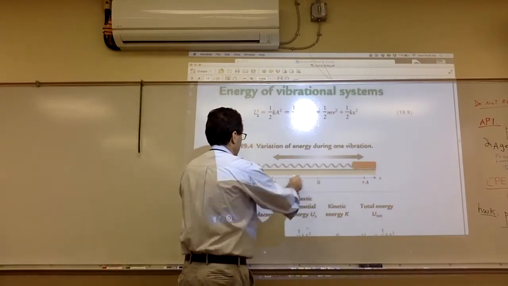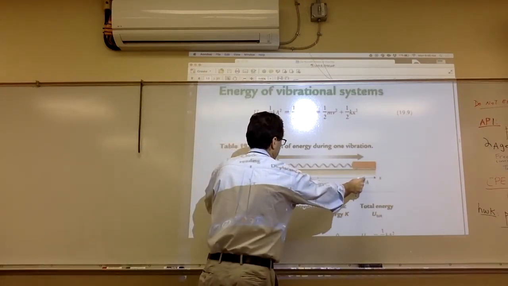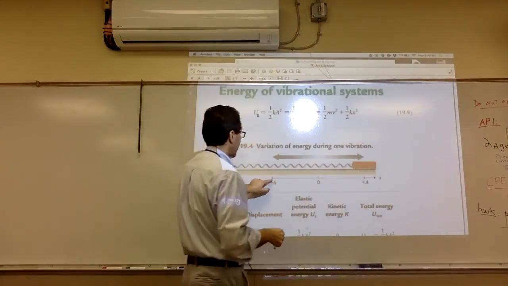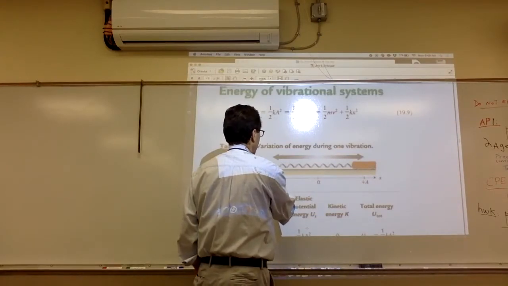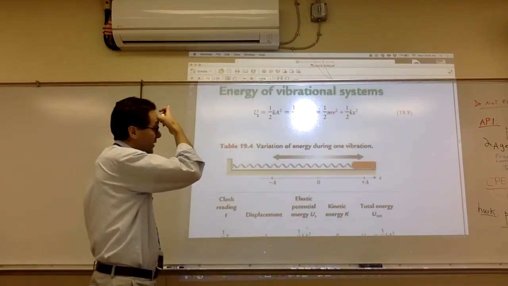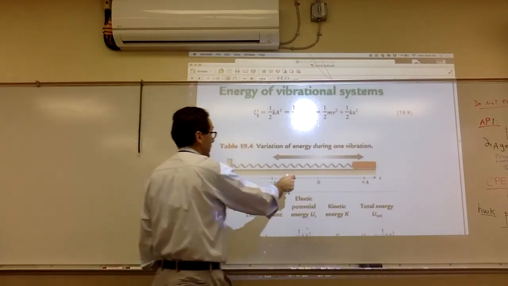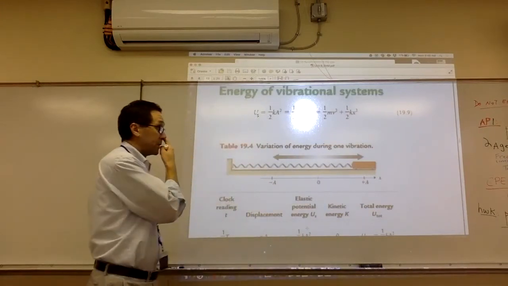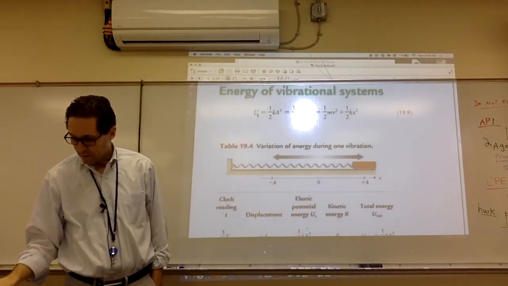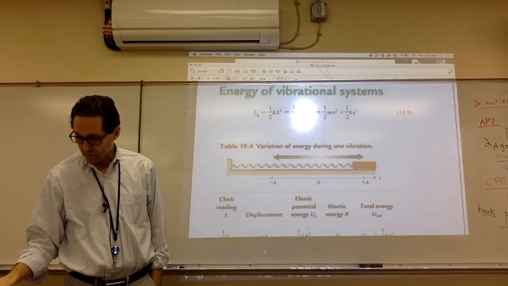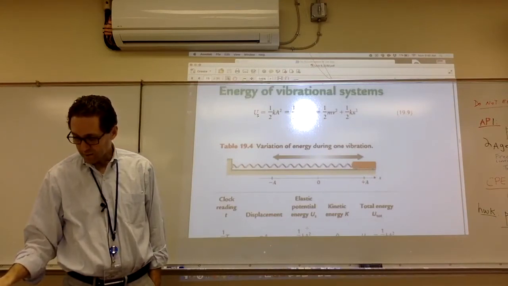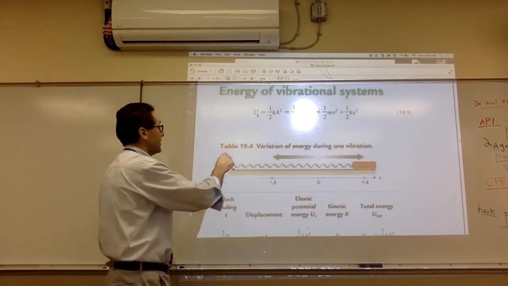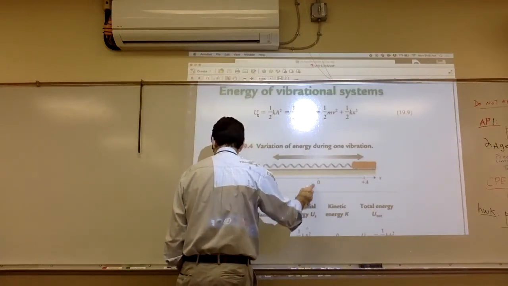So if you started from A, after half a period, you're going to find yourself at negative A. So if you're at negative A, all your energy is in the form of potential energy. If you are at 0, all your energy is in the form of kinetic. If you go back to A, it's in the form of potential energy. And you can read the rest of this page, and you're going to see the different types of energy at different locations. Right. Here it says, in order to find the maximum speed, meaning in the middle,